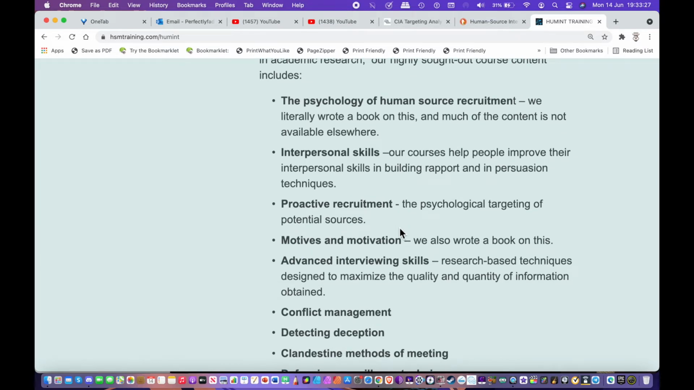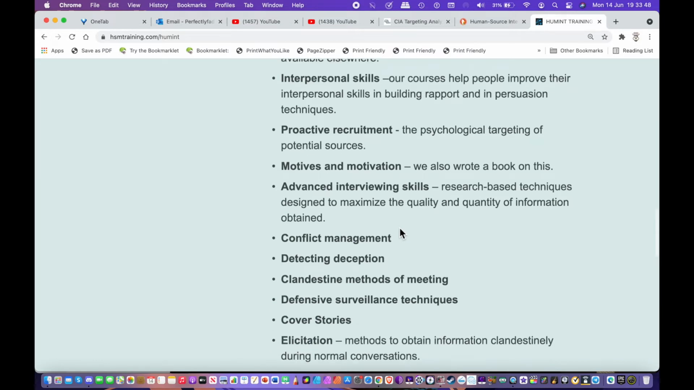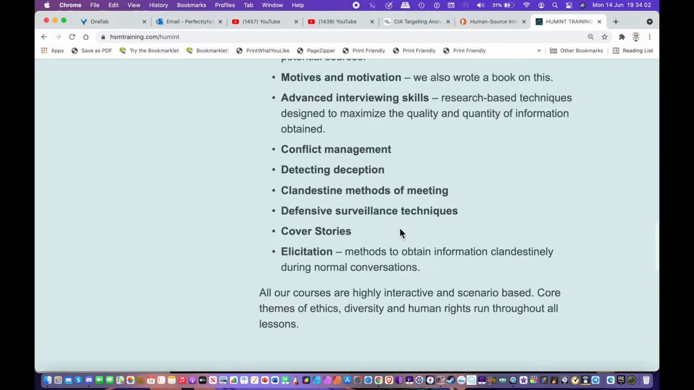Okay, interpersonal skills. Our courses help people improve their interpersonal skills in building rapport and in persuasion techniques. Proactive recruitment, psychological targeting of potential sources, motives and motivation, advanced interviewing skills, research-based techniques designed to maximize the quality and quantity of information obtained, conflict management,